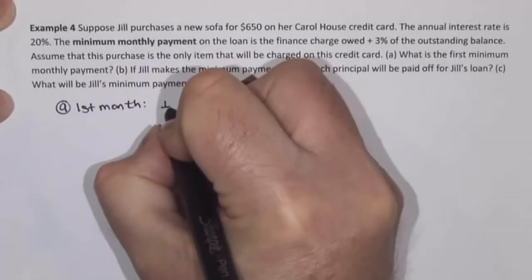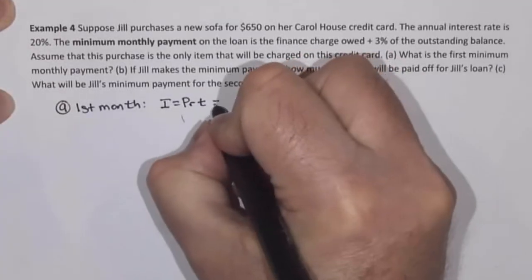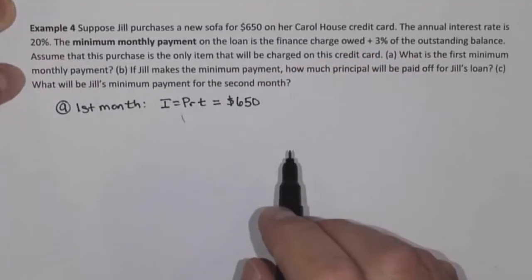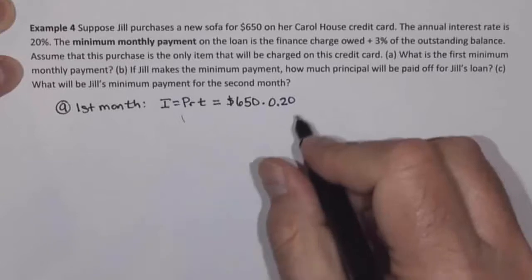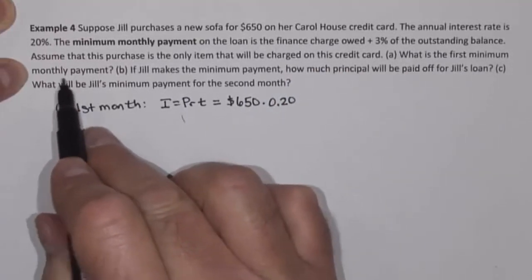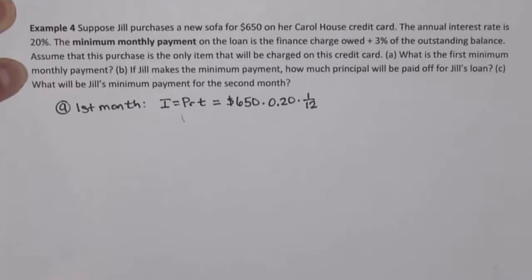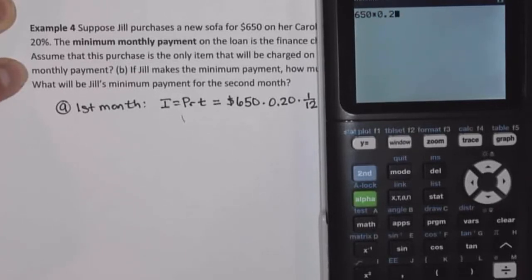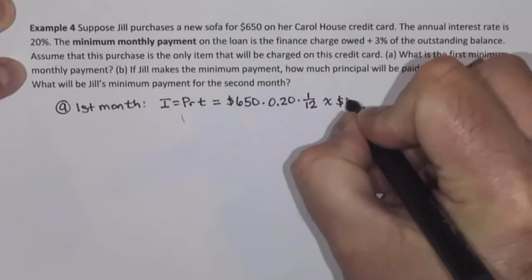So the finance charge is going to be the interest, and so again, that's simple interest, so principal times rate times time. So in this case, that's going to be $650 because that would be the balance right after she purchased the sofa, times the interest rate, which is 20%, written as a decimal, that's 0.20, times time, we're talking about a 1 month period because she just purchased it and this is her first monthly payment. So the time is going to be 1/12 of a year. So we can calculate that, bring in our calculator. $650 times 0.20 times 1/12. That is approximately $10.83. So Jill will have to pay about